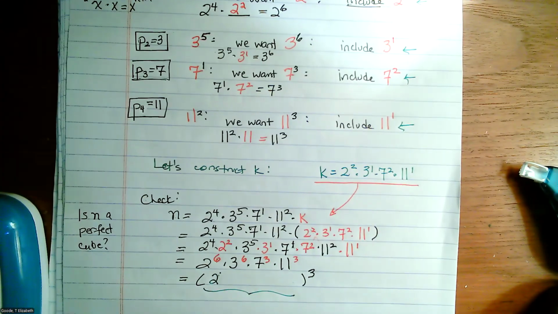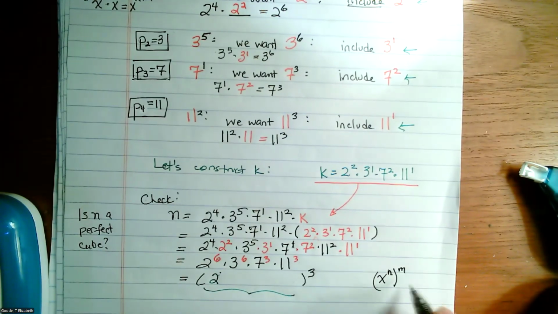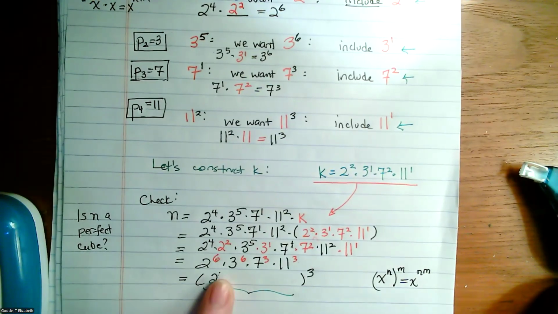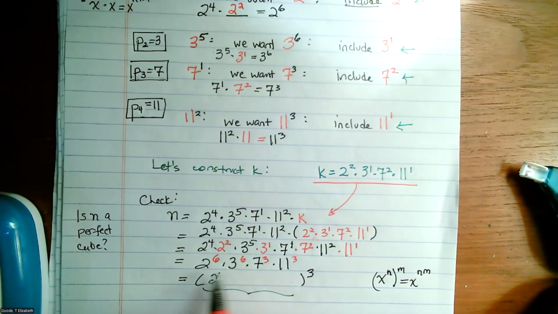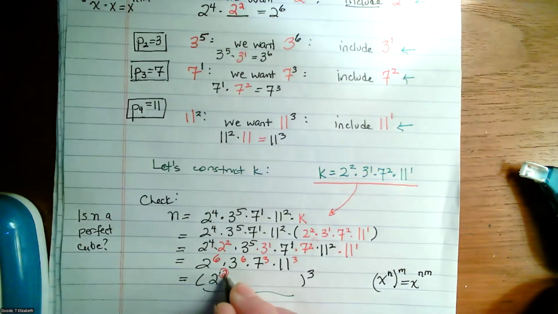Remember, x to the n raised to the m is x to the nm. So when we multiply whatever this exponent is here times 3, we have to get 6. So 2 to the second. That's right. 2 to the second